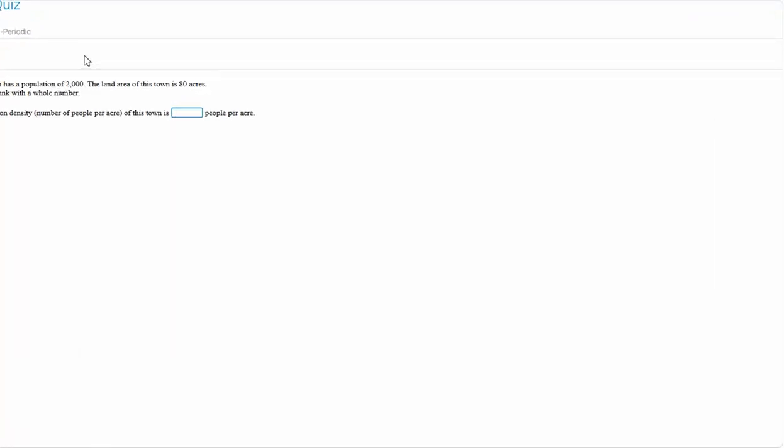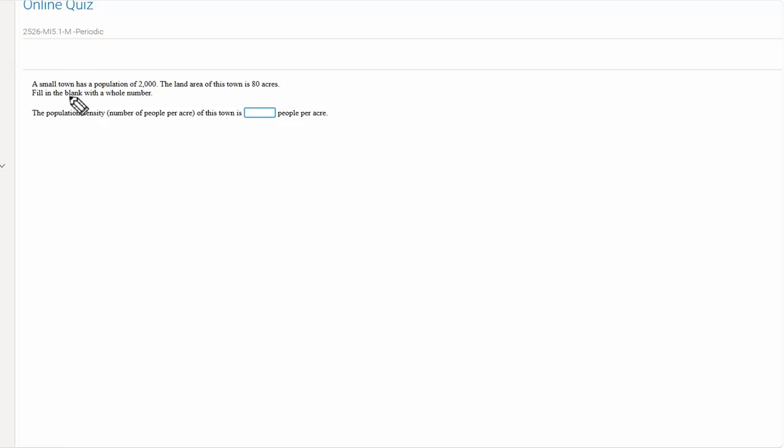Okay, so a small town has a population of 2,000. The land area of this town is 80 acres. Fill in the blank with a whole number. So now let's understand what they're asking for. The population density, the number of people per acre of this town, is box people per acre, right? So there are 80 acres. Let's write it, 80 acres